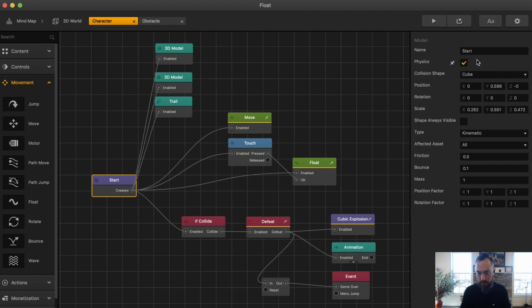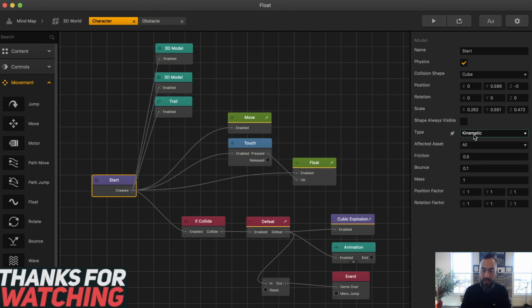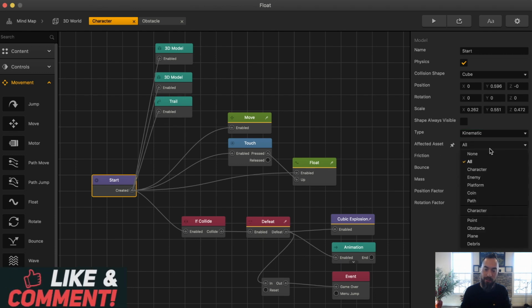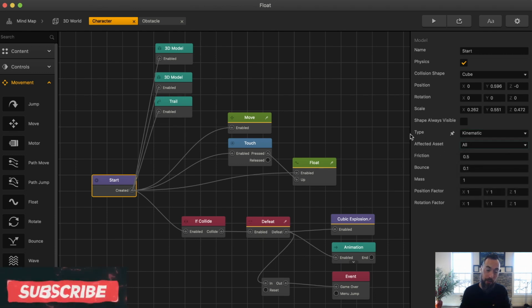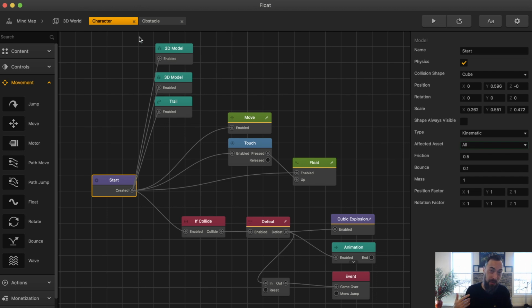Here we have the start, the character that is set to kinematic. Always pay attention to static, dynamic, or kinematic. Be sure to select specific affected assets when possible. However, this is the main character, so we're gonna want it to collide with all the assets. The main reason you want to be careful with the affected asset is if you set all assets to affect all assets and you have hundreds of assets in your game, well then your processing power is gonna be shot and very poor. Most of the time, certain assets only need to be static, kinematic, and even then you can